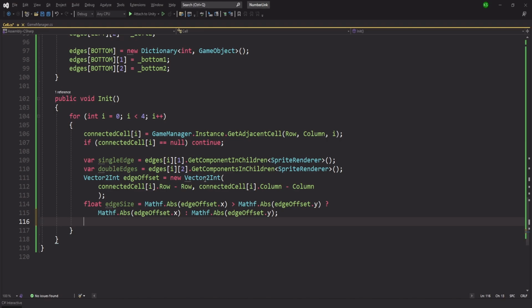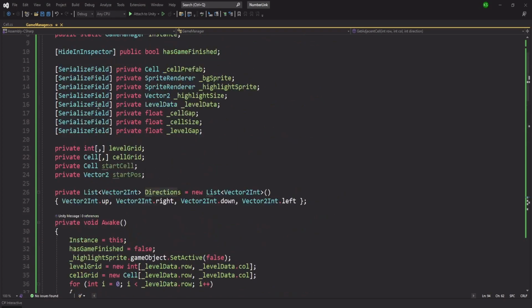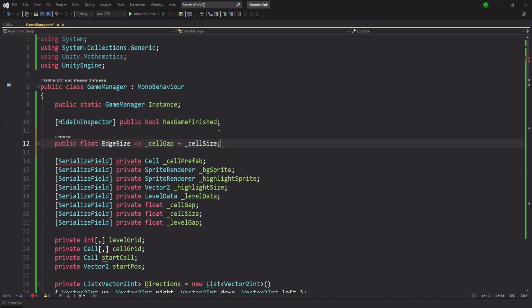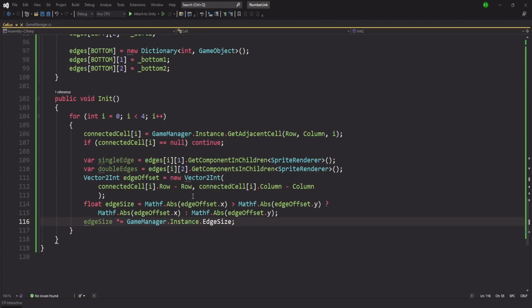We need to multiply the edge size by GameManager.instance dot... we forgot to create edge size, so that should be at the start. So public float edgeSize, and it is going to be our cellGap plus cellSize. And after that we need to